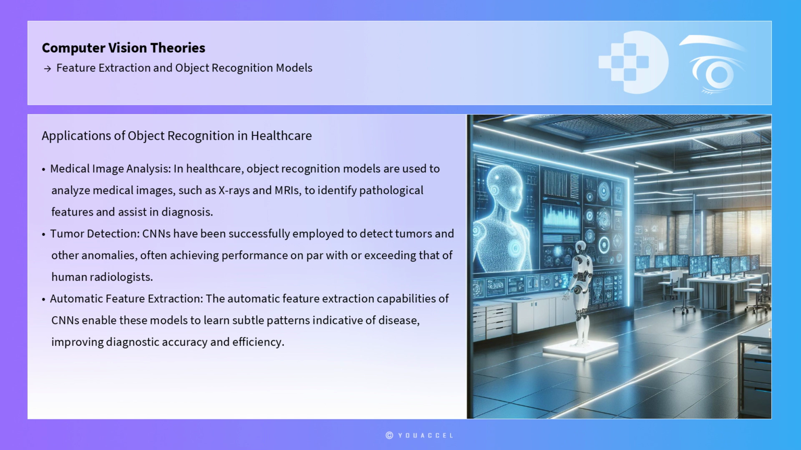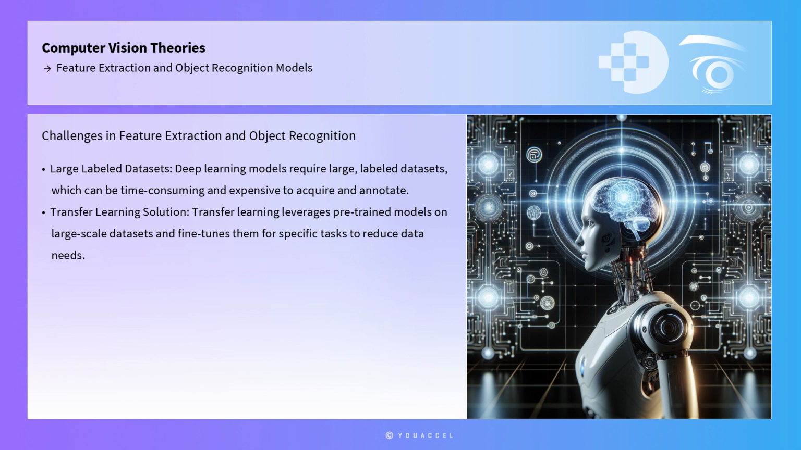In healthcare, object recognition models are used to analyze medical images, such as X-rays and MRIs, to identify pathological features and assist in diagnosis. CNNs have been successfully employed to detect tumors and other anomalies, often achieving performance on par with or exceeding that of human radiologists. The automatic feature extraction capabilities of CNNs enable these models to learn subtle patterns indicative of disease, improving diagnostic accuracy and efficiency. Despite their successes, feature extraction and object